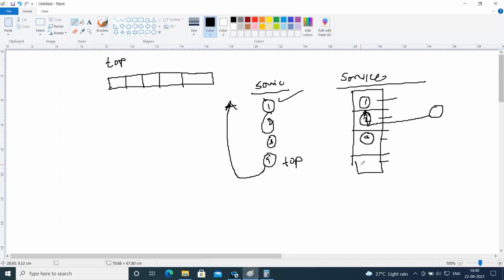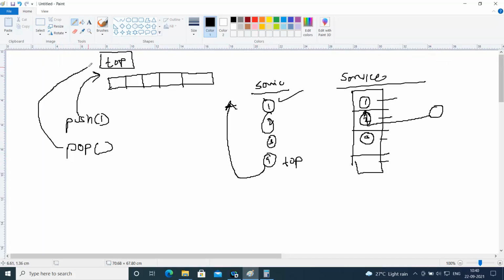In the case of a stack, to keep track of data we have only one index. That index is called top, right? But in the queue, where do we add a new person? In the stack, we push the number using the top. If I say push 1, I'll be using the index called top. At the same time, if I say pop, this pop operation also makes use of the top index to remove the particular entity from the stack. So it doesn't matter whether we are pushing or popping, we make use of the same index, that is top.